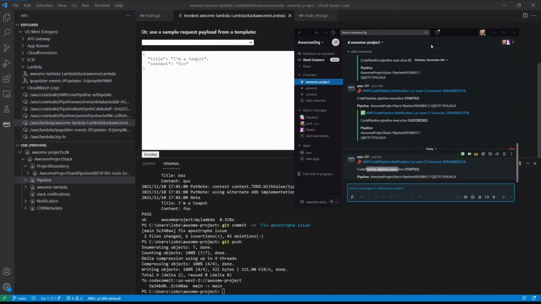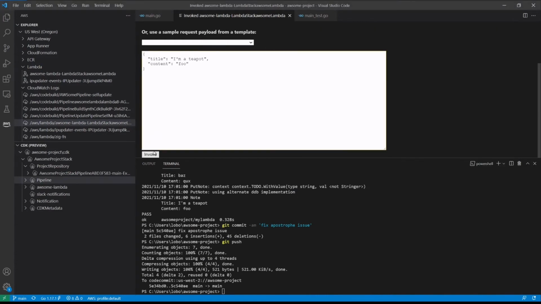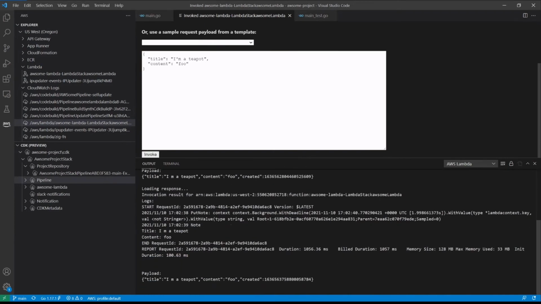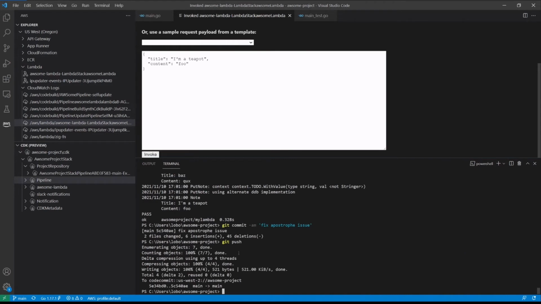So we wouldn't really expect this to already be out in production. So let's go ahead and invoke and just see. Yep, it looks like we still have the problem. That's still to be expected. Now we can wait for the next Slack notification to tell us that things have succeeded, or we can use the AWS CLI to take a look at the last modified date on that Lambda function.